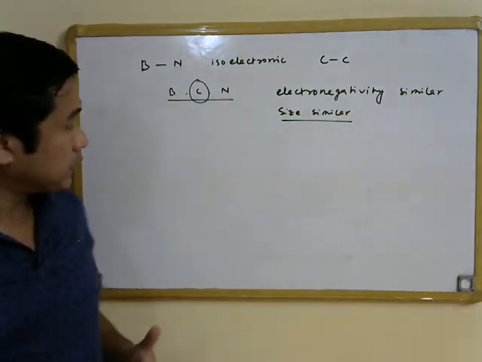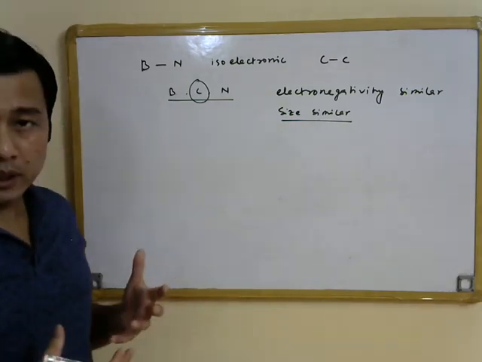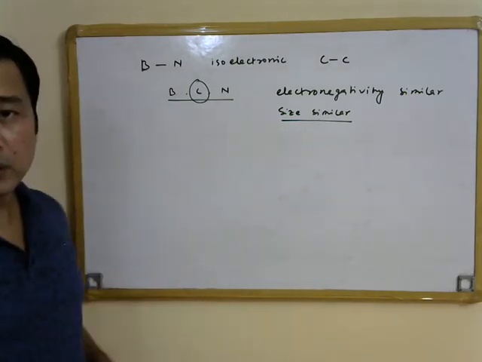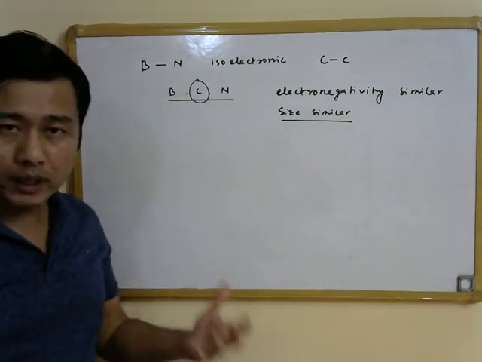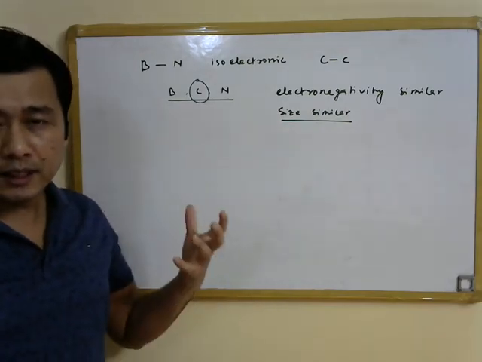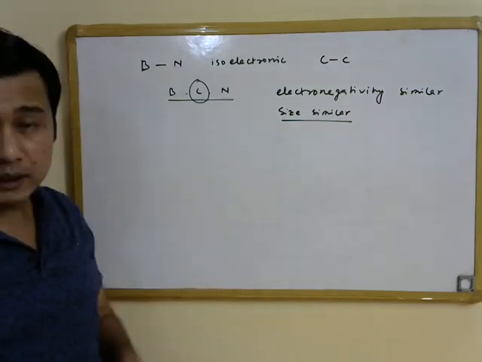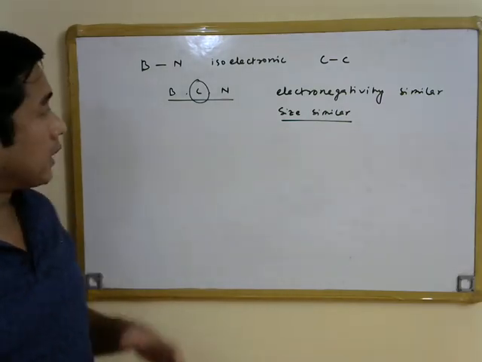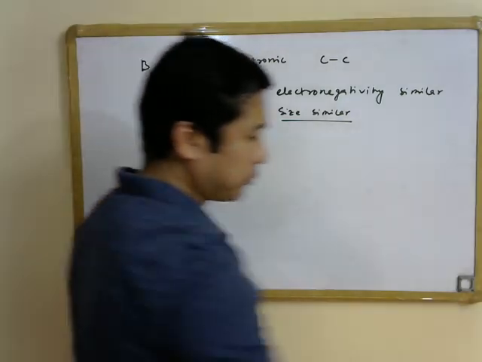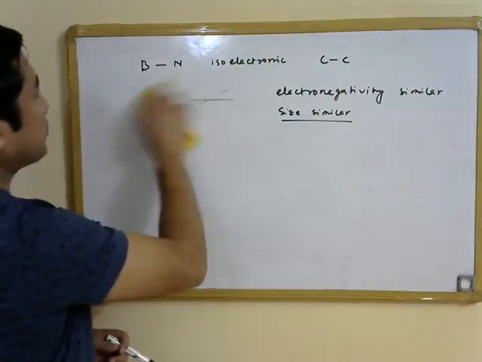So based on this, the chemistry of BN compounds essentially correlates well with the chemistry of compounds formed by CC linkages, and a good example to begin with